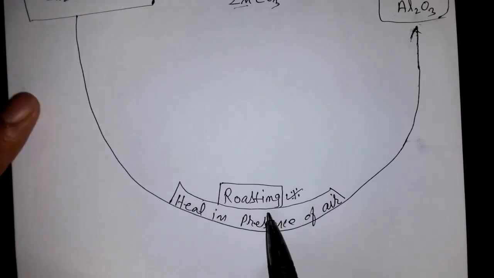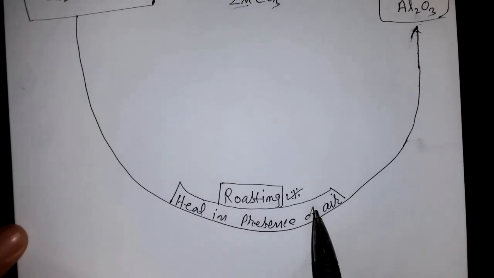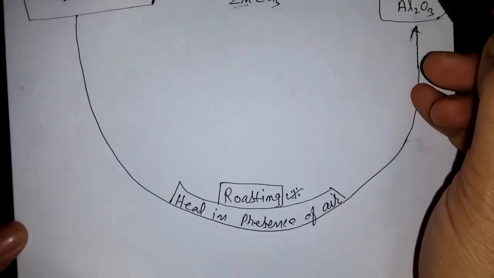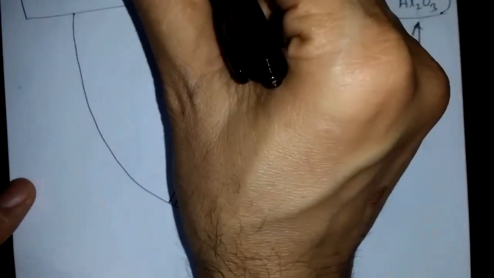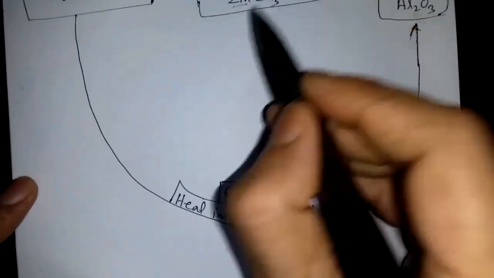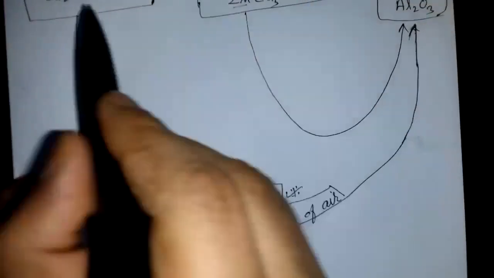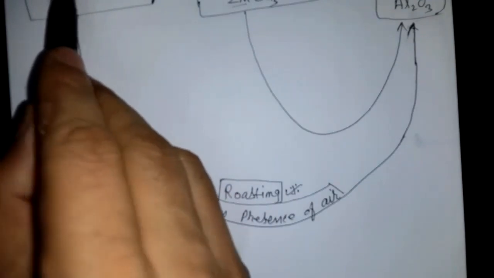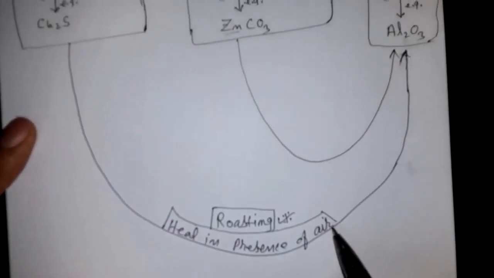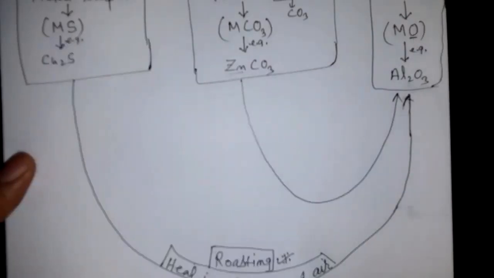Okay, so in roasting, you'll be heating the ore in presence of air. And when you do this, your S will become O. For that, there's a chemical reaction I will see later on. Similarly, if your ore is this, then you can convert this ore into oxide. Since here we want to replace S with O, for that you need oxygen. That's why you're heating in presence of air. S is there and we don't want S, we want S to become O, so we need O, that's why here we are heating.